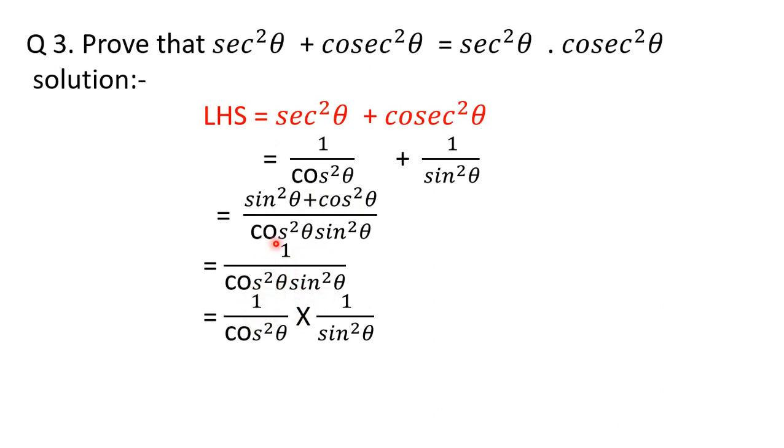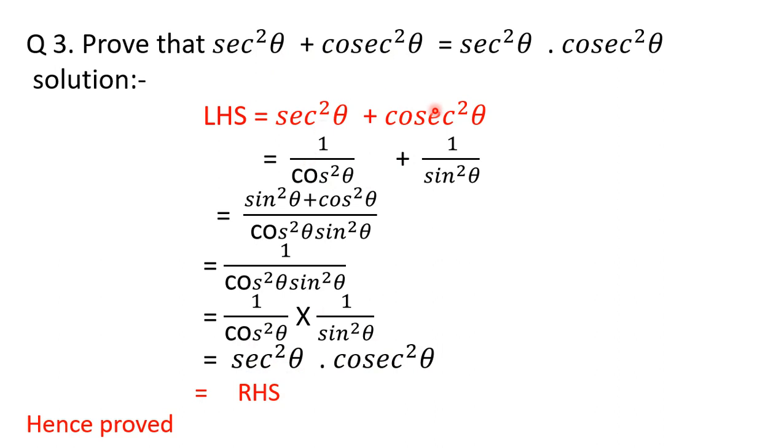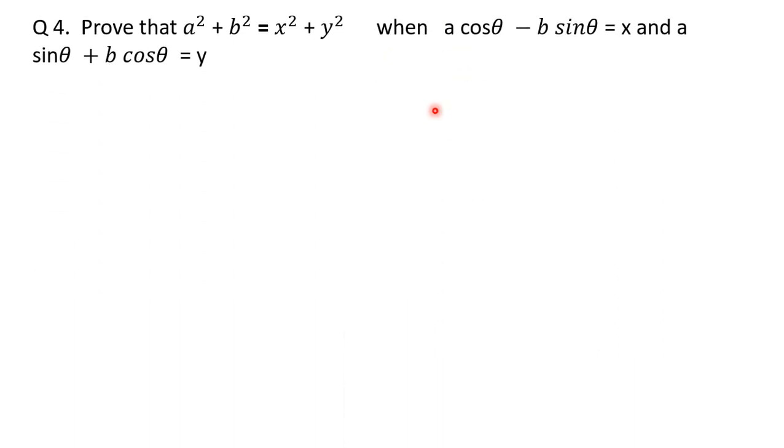Now take them separately, 1 upon cos square theta into 1 upon sin square theta. Now 1 upon cos square theta, that is sec square theta, and 1 upon sin square theta, that is cosec square theta. So in the next step we get sec square theta into cosec square theta, which is equal to the right hand side. So here the left hand side is equal to the right hand side. It's proved. Now in the next question,